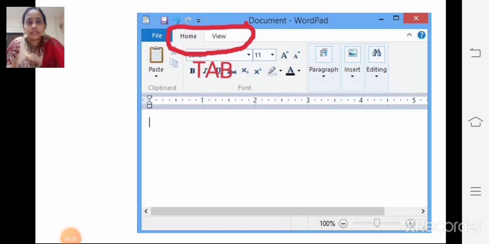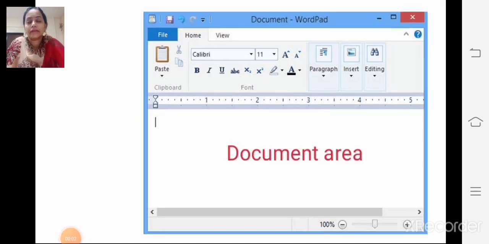Next, we will see the document area. What is the document area? See, this white paper you can see on the screen. On this white paper we type the text, whatever letters we want to type. If we want to type an essay, document or letter, you type on that white area.